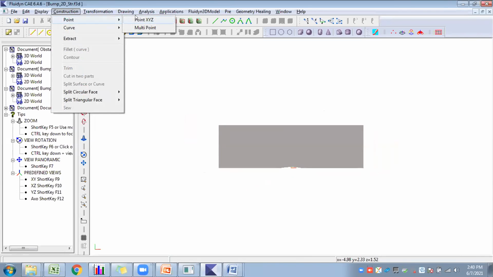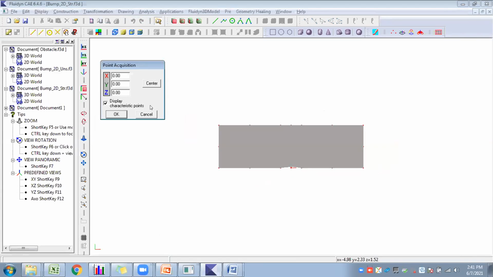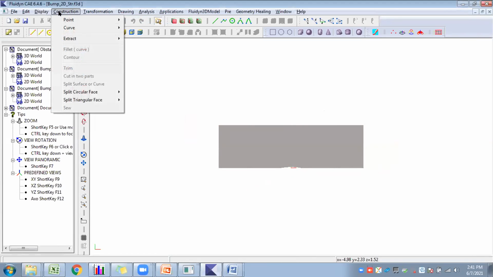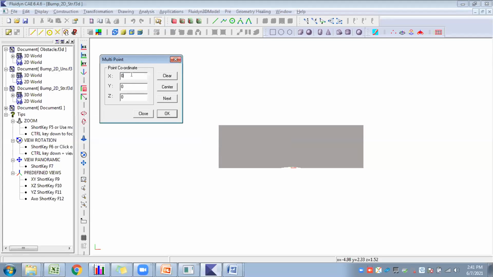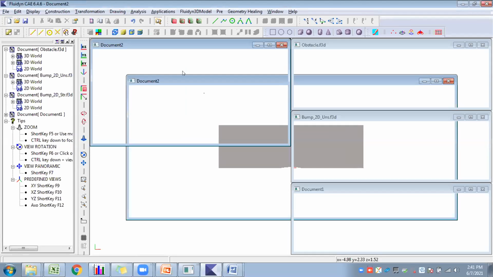We can create points using an XYZ location here, and we can create only one point using this particular option. But whenever a user has a requirement of creating multiple points, we can directly use the multi-point option here. You can create multiple points by assigning the location here and clicking the next option, and for the final point you can create it. We will see a live example of this option.